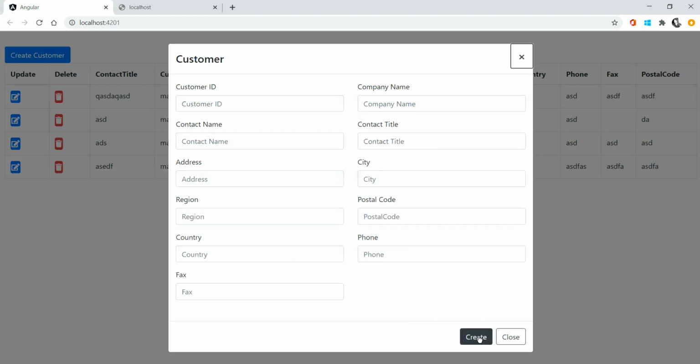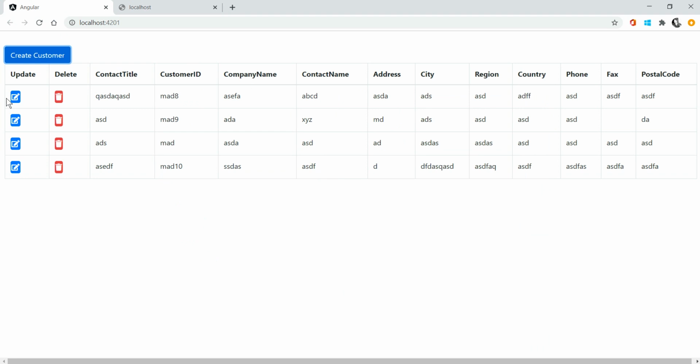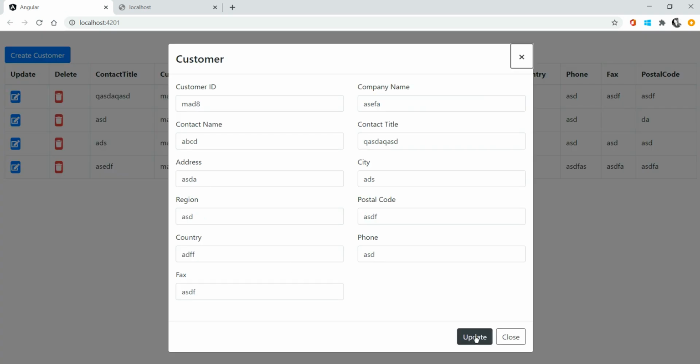Open this, you are seeing the create button, and click the update button, you are seeing the update button, right?